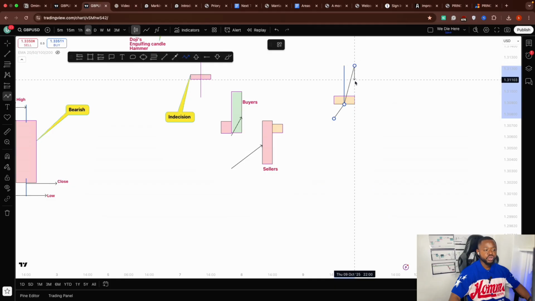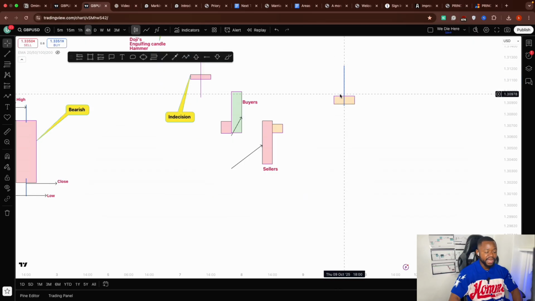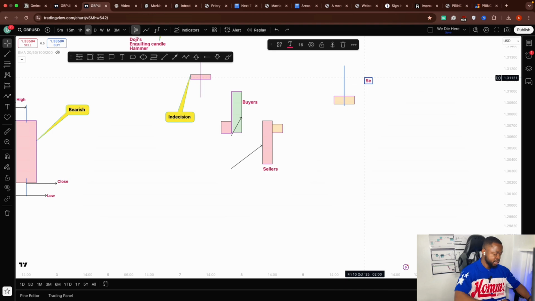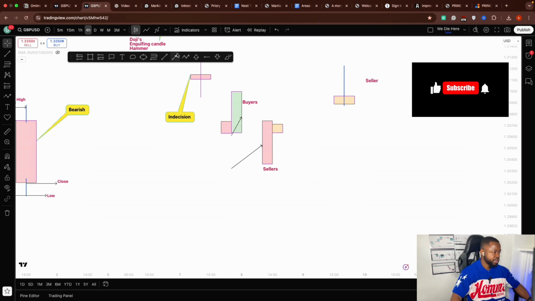But by the close of this candlestick, this is where the candle closed. So that basically means that the buyers didn't have enough control, so the sellers were able to take charge of the market and push the market all the way down. So this is the selling hammer. So when you see a bearish hammer, the sellers are in charge. When you see a bullish hammer,